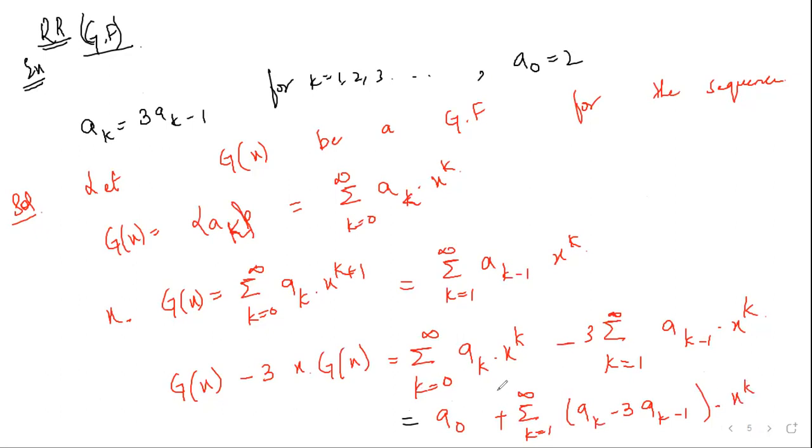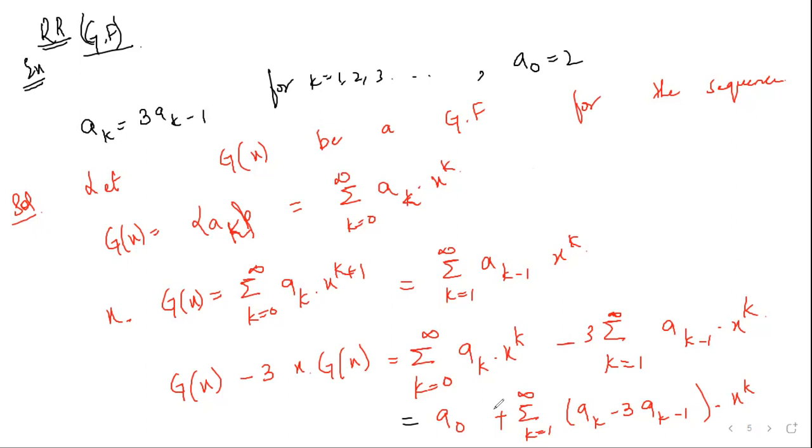For this step, I'll just explain it once again. I want to take x power k common. For that reason, I made this notation also from k is equal to 1 to infinity. To make it k is equal to 1 to infinity, I substituted k is equal to 0 here, and I get simply a naught. A naught plus the sum from k is equal to 1 to infinity of ak x power k can be written as it is. Now once I take x power k common, in this I will have ak, and over here I will have minus 3ak minus 1.